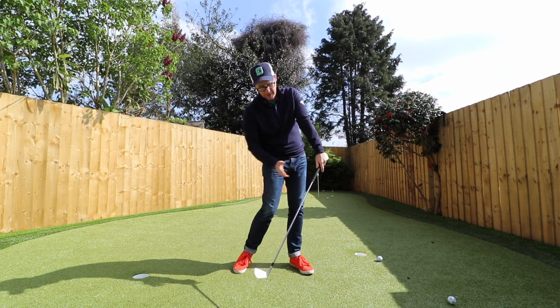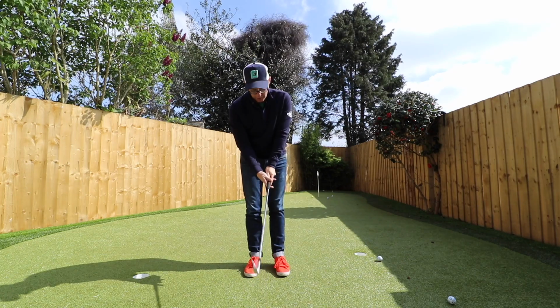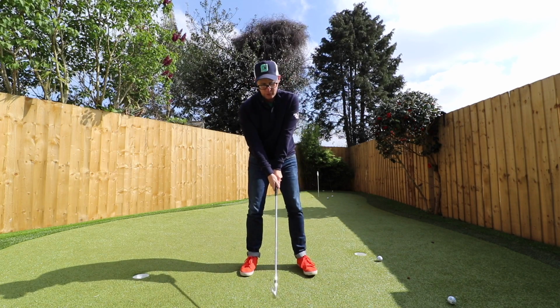Now if you do all your other delivery actions that you did with your old grip, this won't work. You're going to get the face pointing miles right. So the simple swing idea I get with people who change their grip straight away: you've got to do these two things at the same time, otherwise you'll just run away from the grip straight away. So I want you to hit some shots with the right hand more in that neutral position,